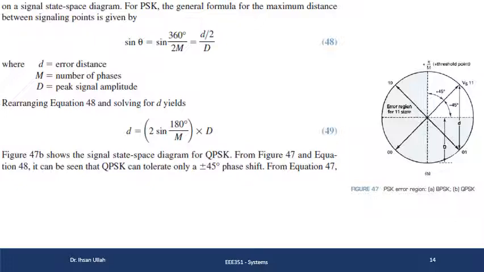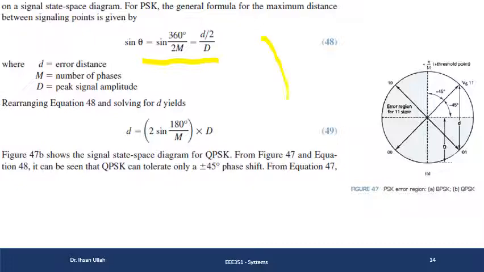PSK के लिए जनरल फार्मूला जो है फॉर मैक्सिमम डिस्टेंस बिटवीन सिग्नलिंग पॉइंट्स, it is equal to this thing, ठीक है जी। sin θ = d/D, ठीक है, where θ is equal to 360 by 2m, m is the number of phases and number of symbols, ठीक है, और D is the peak signal amplitude and small d is the error distance।